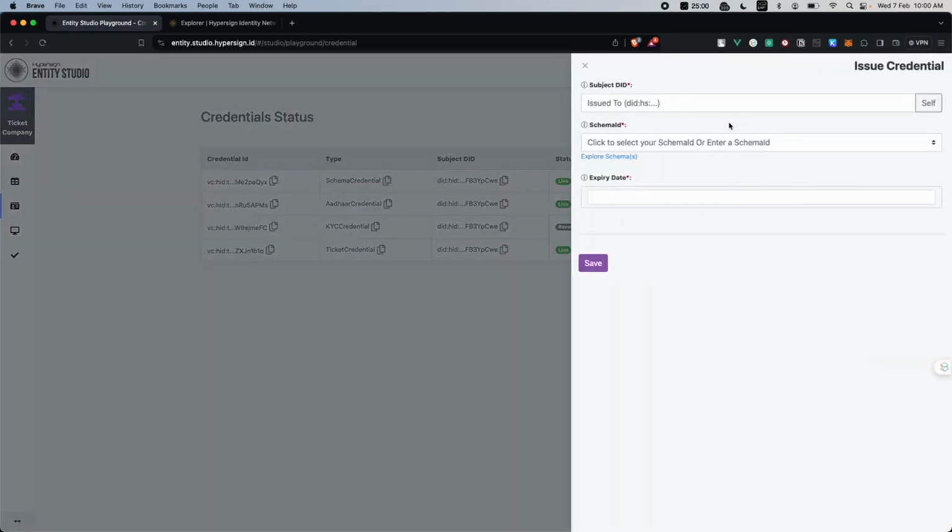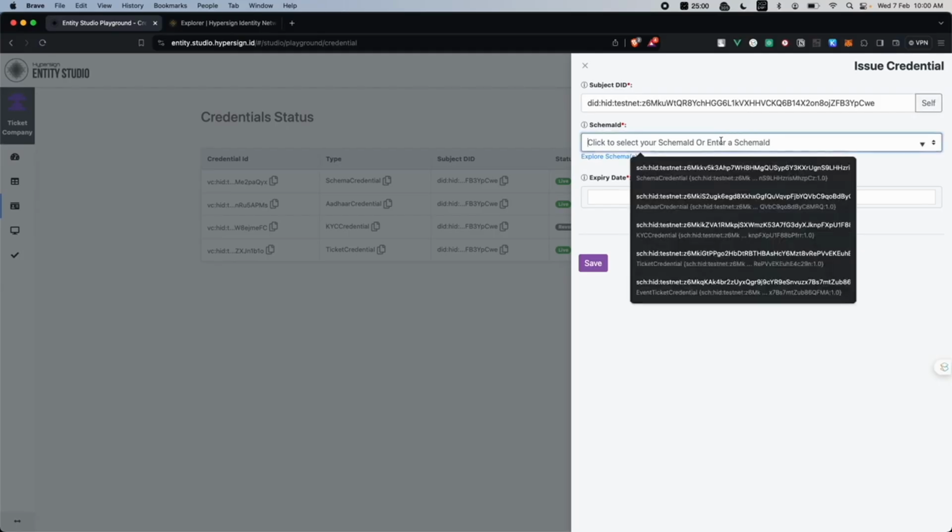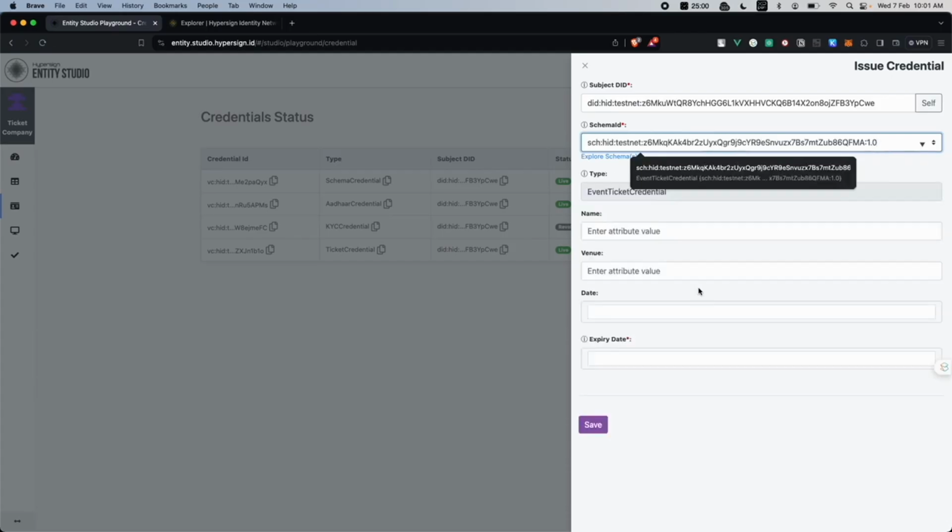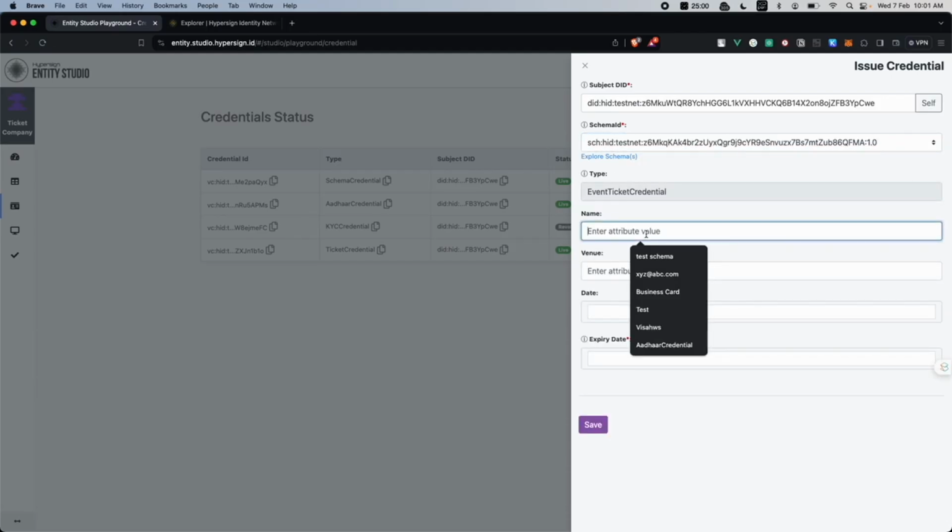Here, the first thing that we have is a subject DID. So subject is nothing but the holder or the user. So for the purpose of this demo, I will issue this credential to myself. So I'm going to use the self DID, meaning that I'm going to issue this credential to myself, and then I'm going to select the schema. So we have just created the event ticket credential schema. So we're going to use that schema here, and then we definitely have to provide all the claims,